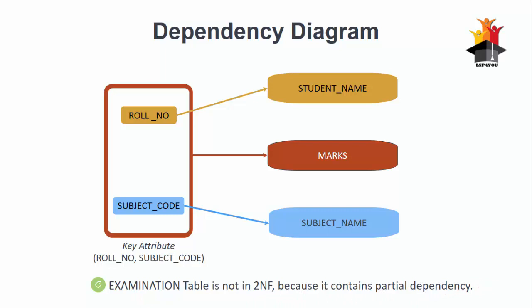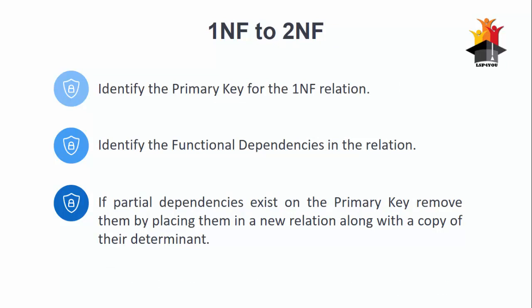So we need normalization. 2NF is required. So we need to transform from 1NF to 2NF. Let's see how to transform a table from 1NF to 2NF. Identify the primary key for the 1NF relation. Identify the functional dependencies in the relation. If partial dependencies exist on the primary key, remove them by placing them in a new relation along with a